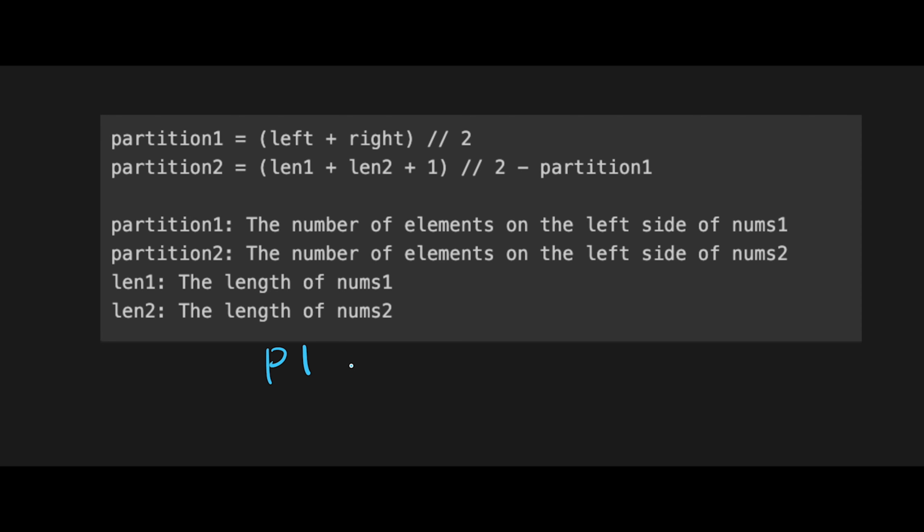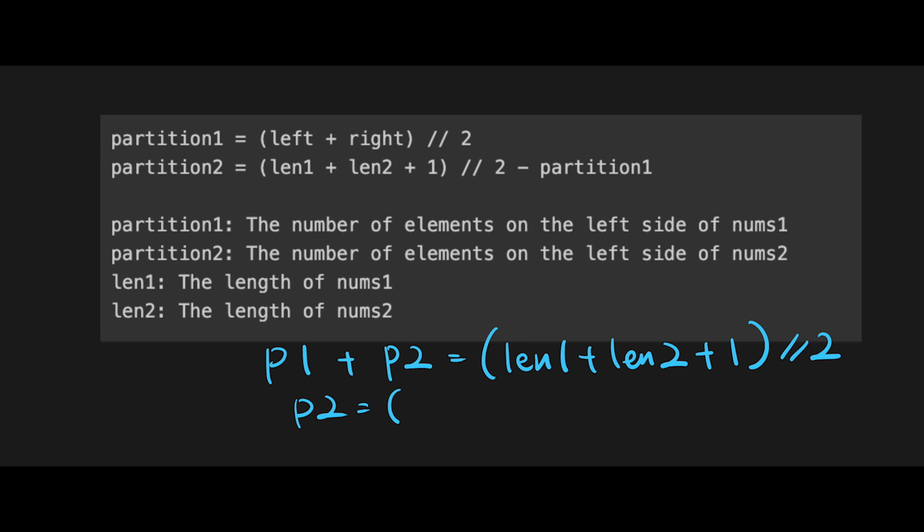So partition 1 plus partition 2 equal length 1 plus length 2 plus 1 and divide 2. To calculate partition 2, we move partition 1 to the right side. So that should be partition 2 equal length 1 plus length 2 plus 1 and divide 2 minus partition 1,